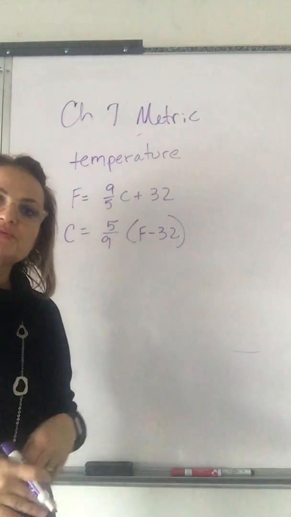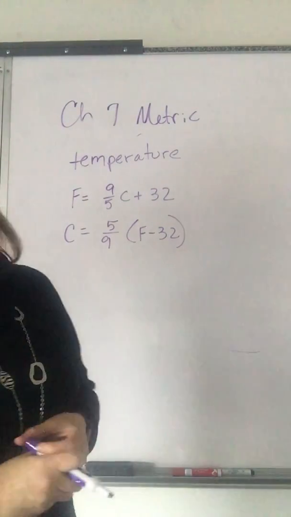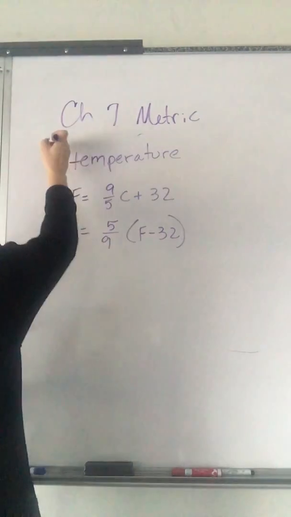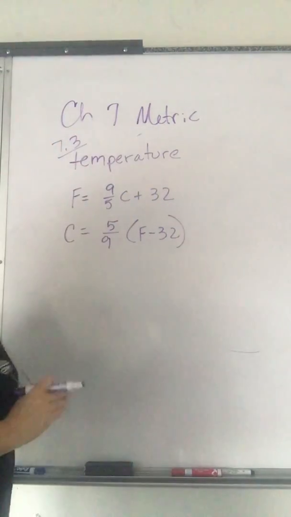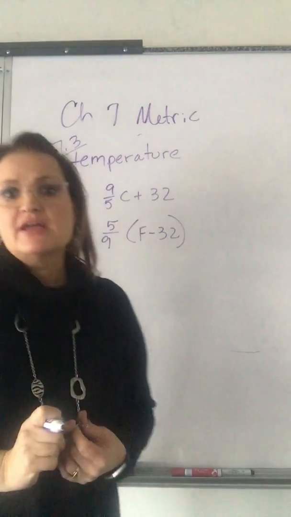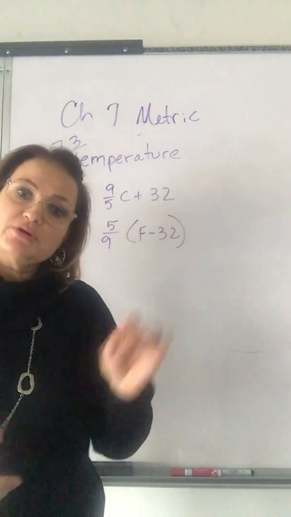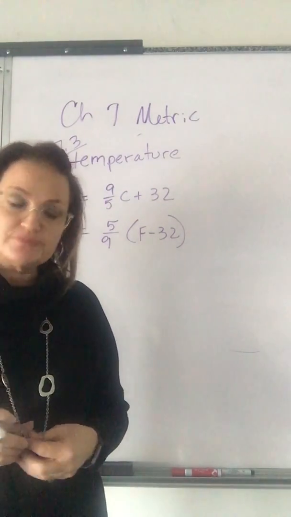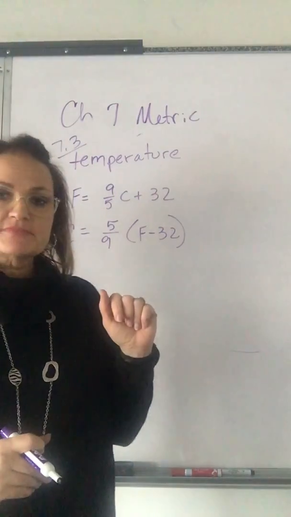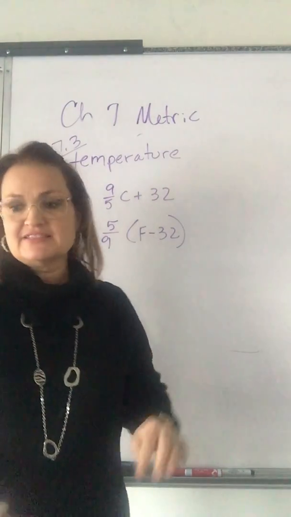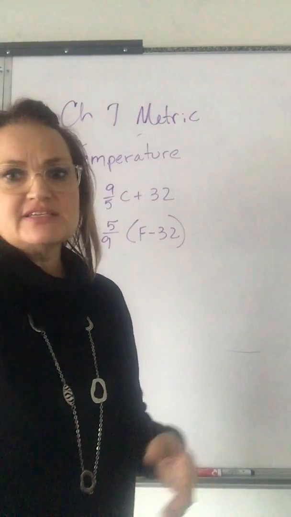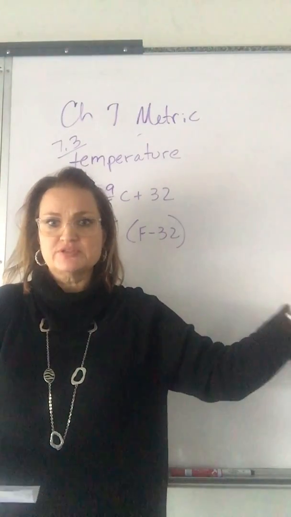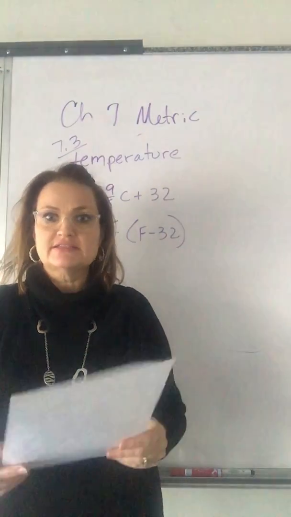All right, coming back to you on the last little bit to talk about on 7.3. We're still on 7.3. We were talking about volume in the last video and conversions, and the last part of 7.3 talks about temperature. So we have Celsius and we have Fahrenheit scales. We know that Celsius is the metric scale for measuring temperature, and Fahrenheit is the Old English